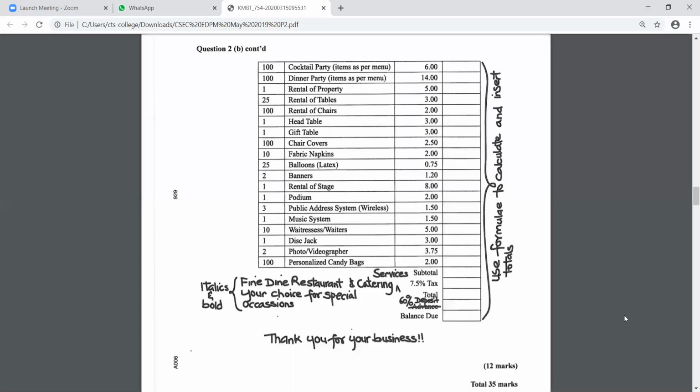Under total, I have to work out now 60% deposit. That is what I'm typing, 60% deposit. What formula am I going to use to figure out 60% deposit? And you're using the same one you used before? What is the same one you used before? 60%, the star sign, then you're clicking, open brackets, so you can use brackets if you want, or you don't have to use it. And you're clicking the cell, and then you're entering it.